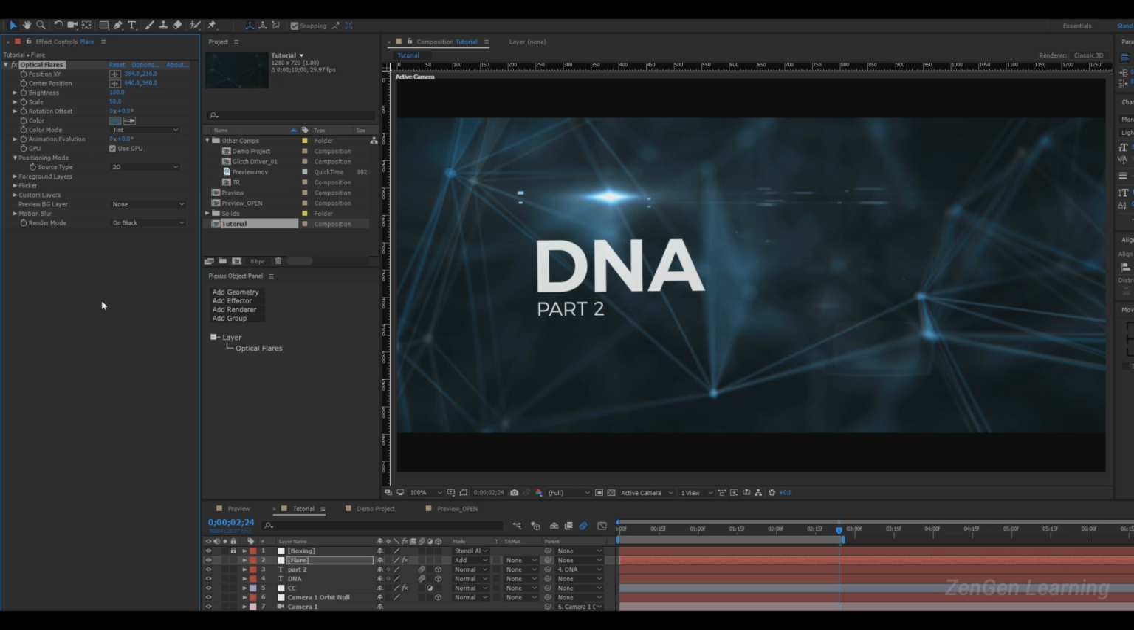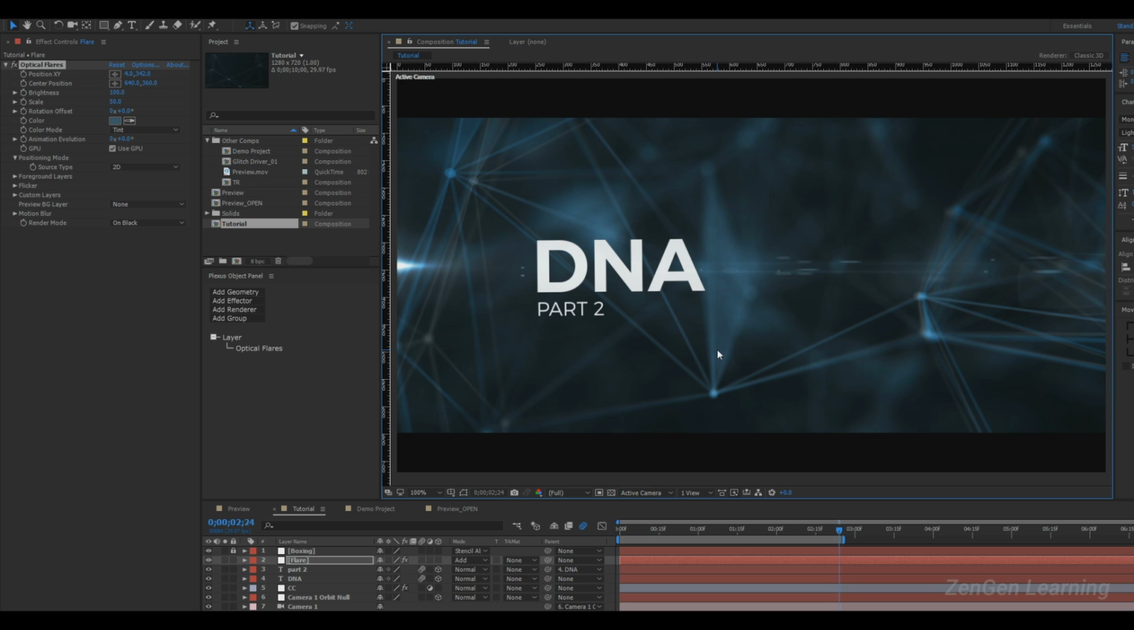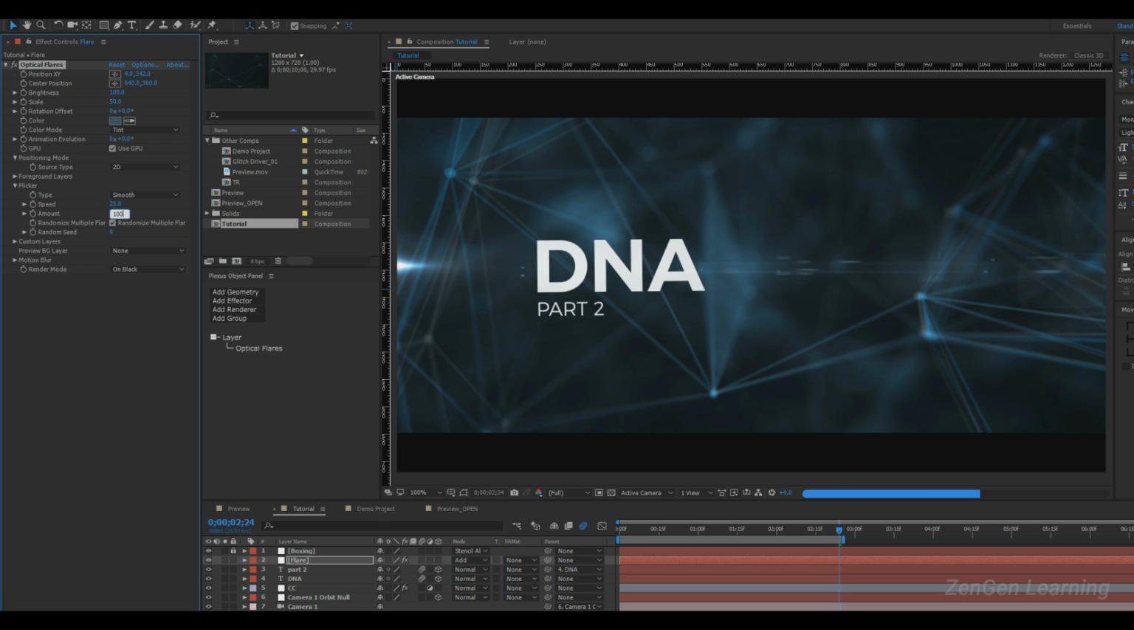So now you just have to animate the scale and the positioning. So I'll position it right there. I think that looks quite nice. So now you can just flicker it out, flicker it. I think I set the speed to 25 and the amount to 100,